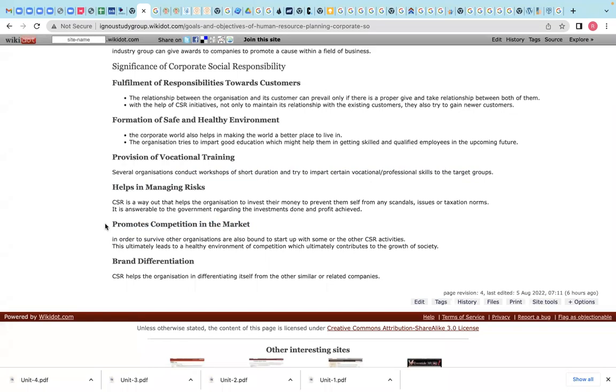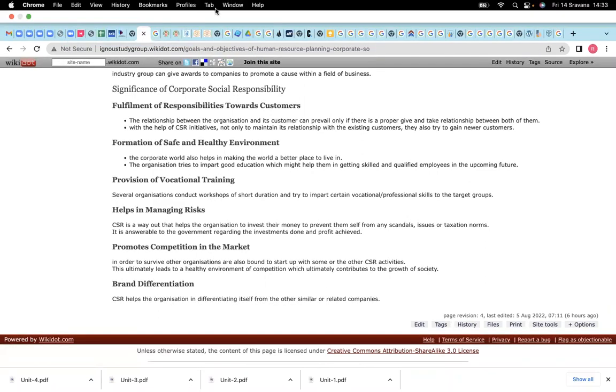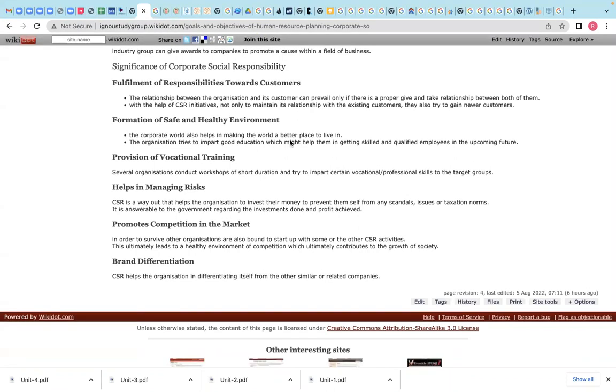As I said, for example, Biocon might have a risk of disturbing the environment, so it is trying to balance that by cleaning up lakes. Similarly, some firms might have issues with their taxation, which they are trying to fulfill using these particular CSR activities,